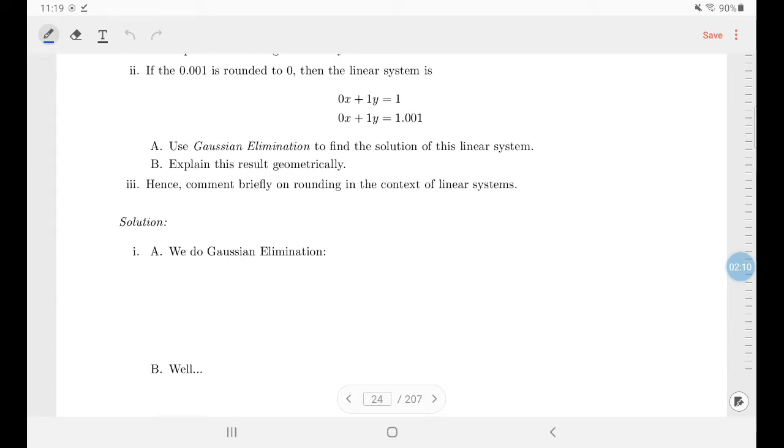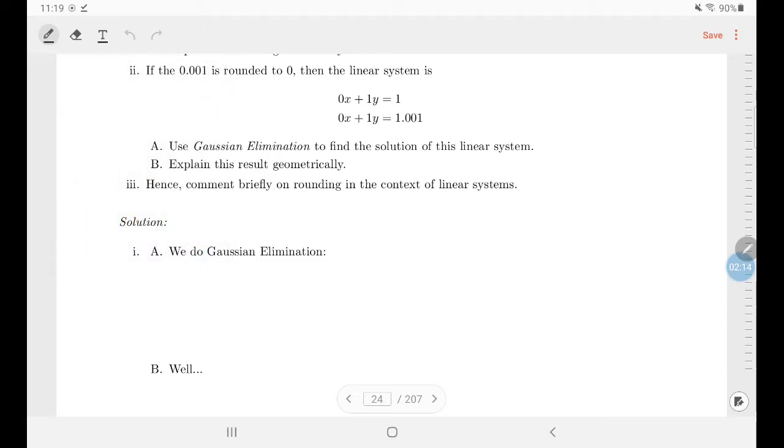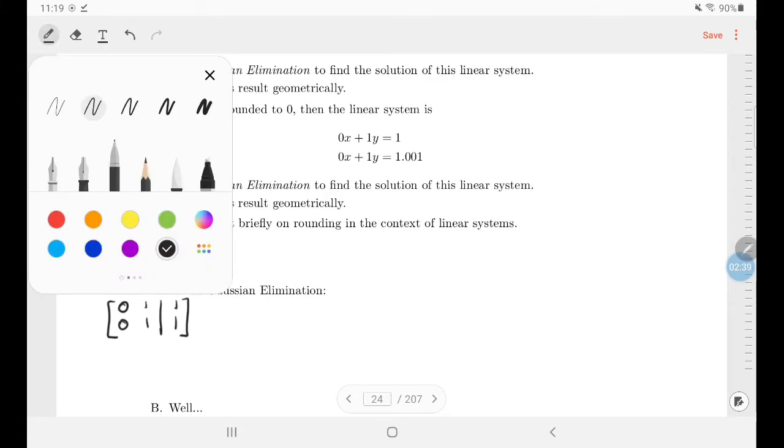So you just have to remember, again, it's probably good if you have the manual in front of you. So I think we ended up with 0x, 1y equal to 1, and 0x, 1y equal to 1. I think, if I'm not mistaken, and that is what we have. Okay. Now we're going to do Gaussian elimination. You cannot get a pivot in the first column, so the first column is actually fine. You have a pivot in the second column already here,